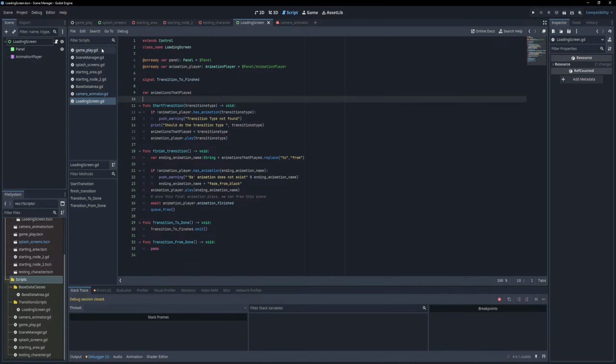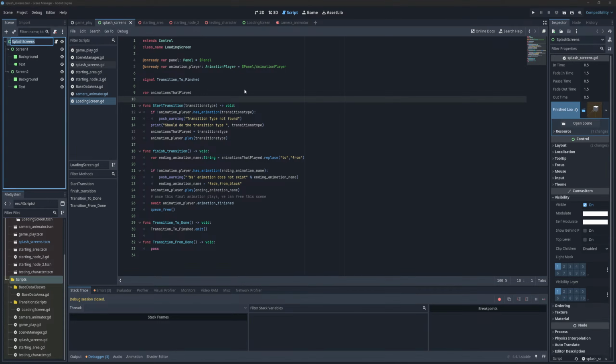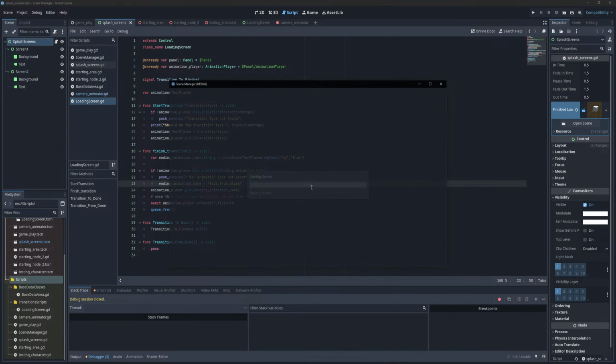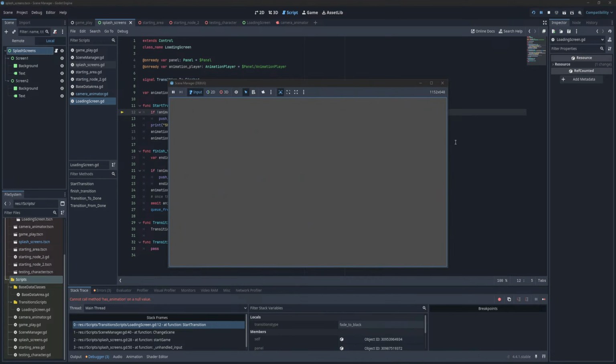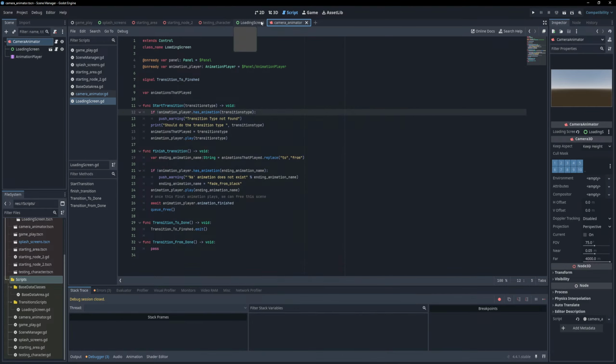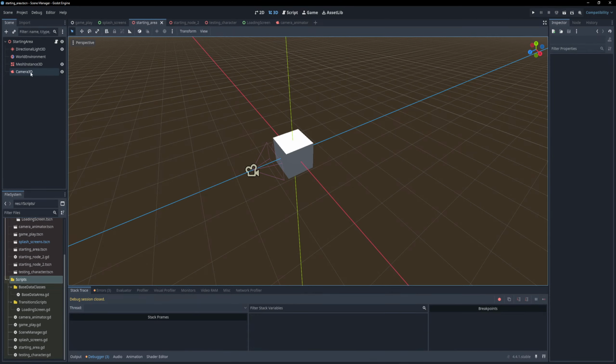Wait. Why you not work no more? Oh, I should have saved before I did this. I did all of this. Has animation on a null value. That is probably because